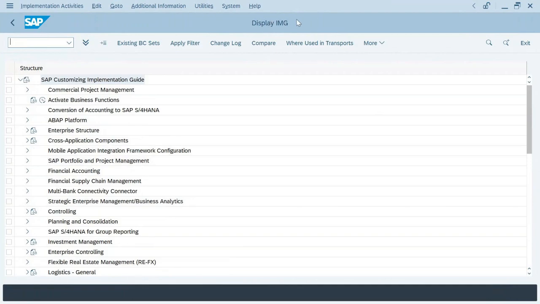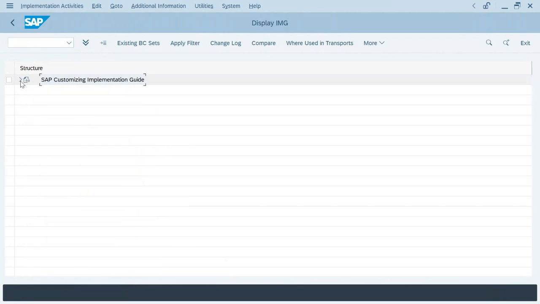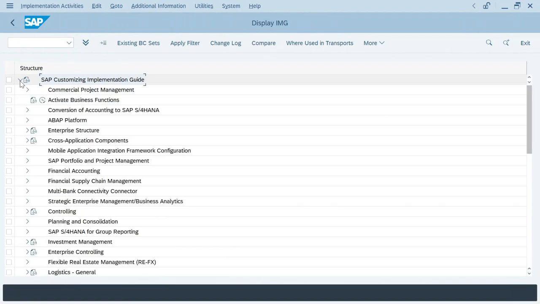Here I am showing you the display IMG screen. But from the Easy Access screen, you have to do end user work. From the display IMG screen, you have to always do customization work. Okay. Now we are customizing, which means now we are creating a company code, which means we are customizing. In this there are different folders, right? So you can collapse, you can expand. So the SAP customizing implementation guide. Okay. So you can click on this,